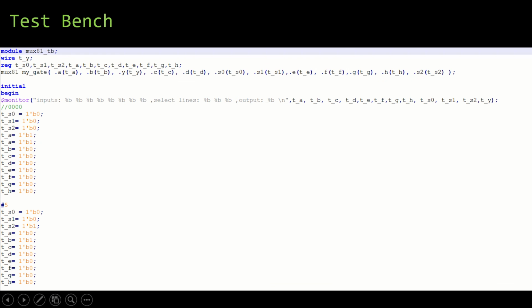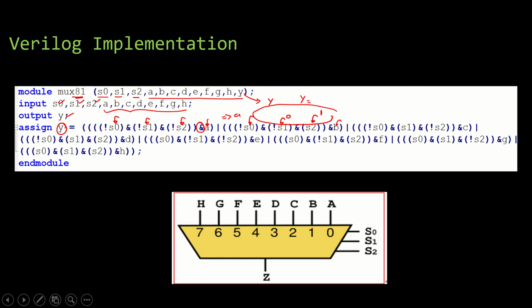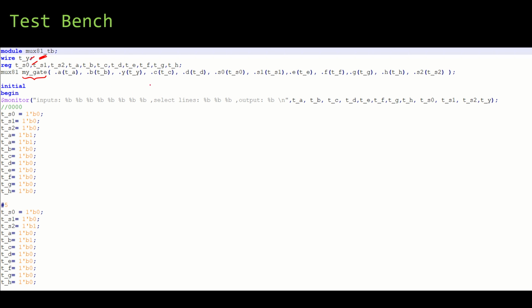Once this is done, what is the next step to do? We need to go ahead with writing the test bench. How do we do it? Very simple. The name of the test bench is mux81_tb. I have created wires, I have created registers, and I have created an instance from the previous code. You can see that the previous code instance is all available. Now, we need to use monitor for monitoring any changes in any of these lines. Whenever a change happens in any of these lines, I need to follow.